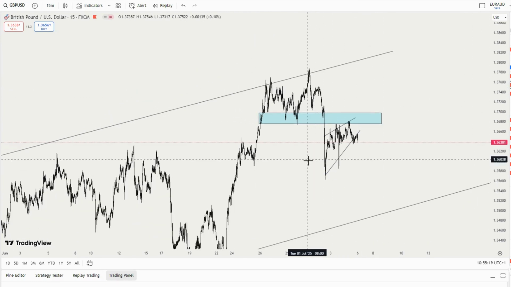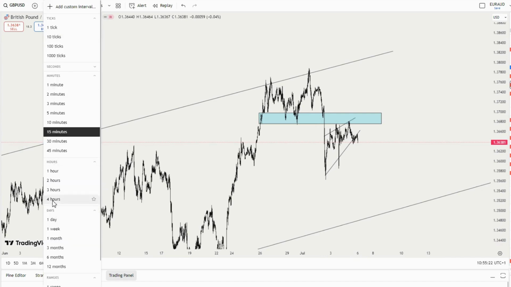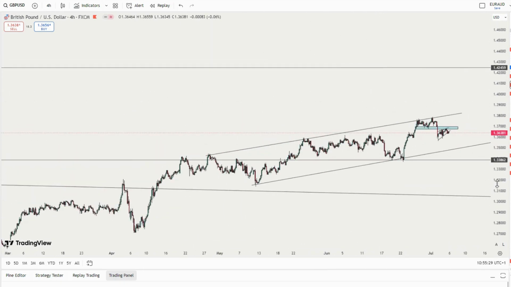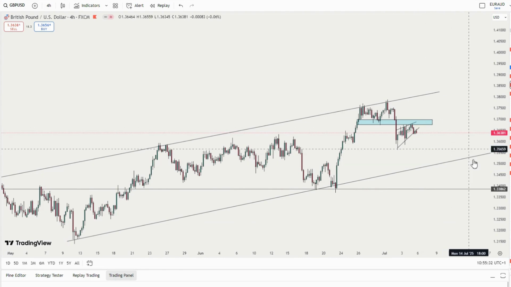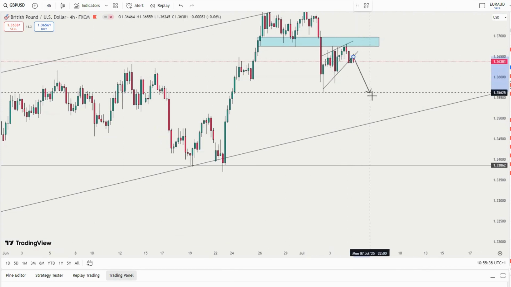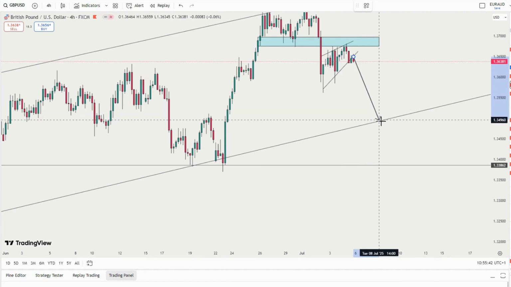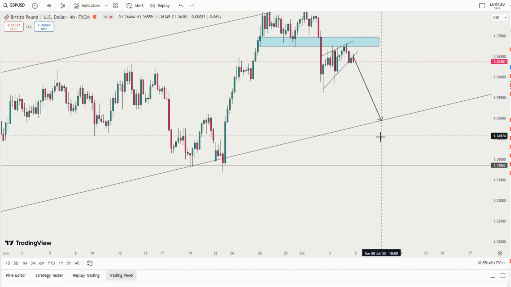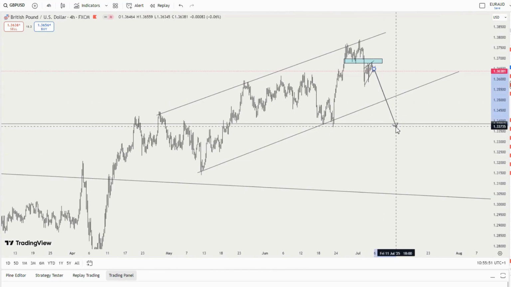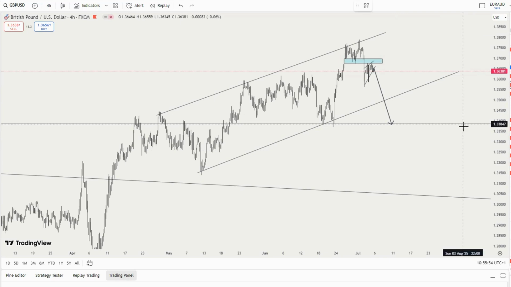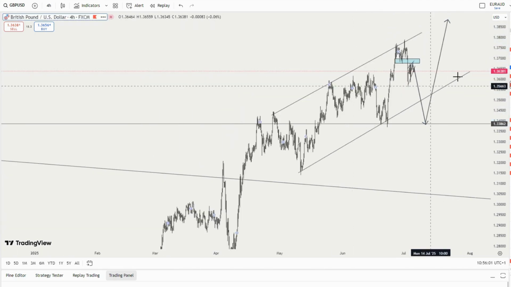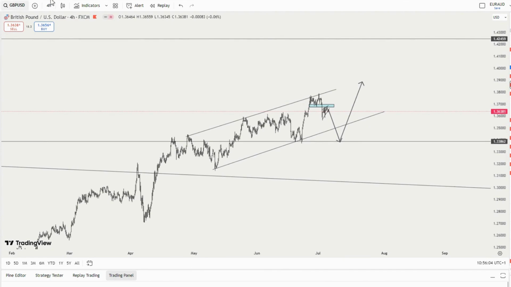On GBP/USD too, I'm looking for a sell, and this one is very, very clear using the 4-hour time frame. You see what I'm saying at that particular area. So I'm picking my buy from here, but first of all, I can see a sell setup which might be 100 plus pips, almost 200 pips to the downside, before we actually see a buy. We might even see a breakout to this particular area before we see a bias to the upside, and this might happen. So I'm looking at selling GBP/USD next week starting from Monday.